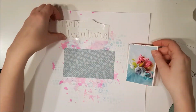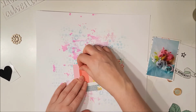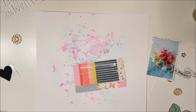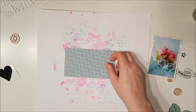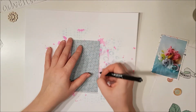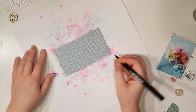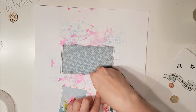And I started putting some tape on my paper, then realized I kind of need some glue since I have paint on the page. Used a ruler to get this kind of semi-straight at least. And then basically I'm just layering everything. I wanted to do a little border from the paper here just to make it stand out. So I did one outside the paper and then on the edge of the paper. And then I just put some tape on the flower just to make it stick where I wanted it to